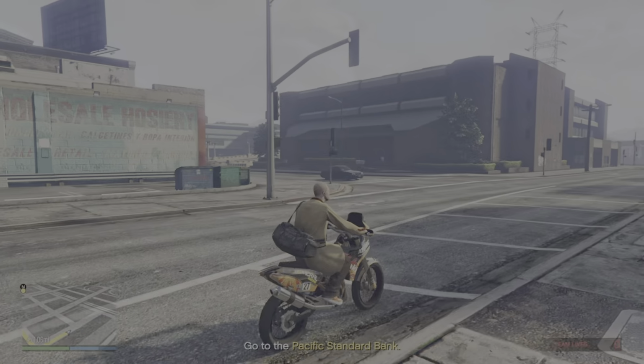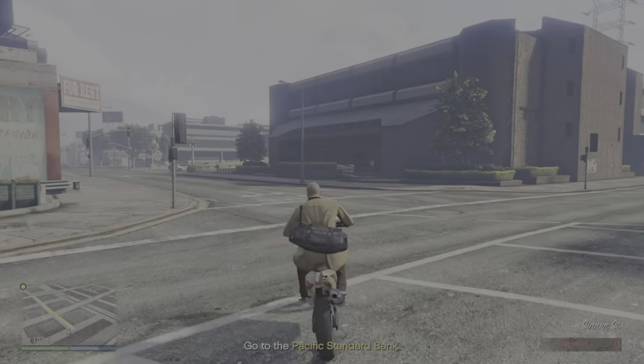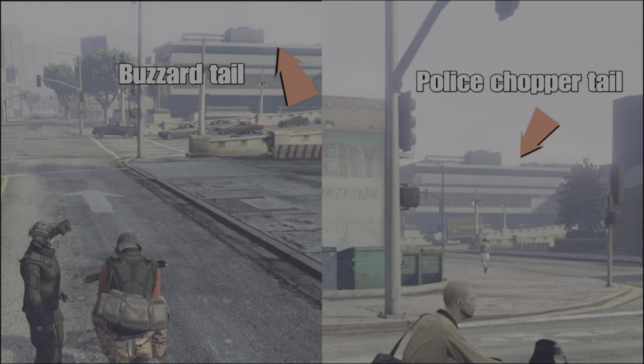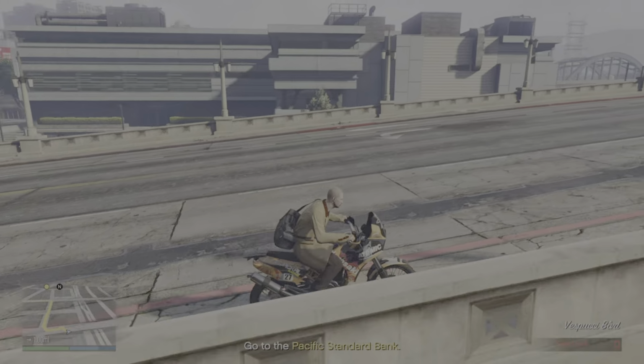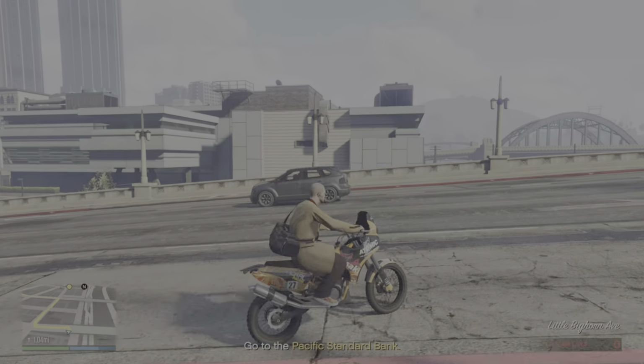The Buzzard stands out, you can see it very clearly. The police helicopter, on the other hand, you can barely notice it, so just keep that in mind. But it is there, and you can just about see the tail if it is the police helicopter. Now, guys, if it doesn't spawn, drive away and then come back, and how you get onto the roof of